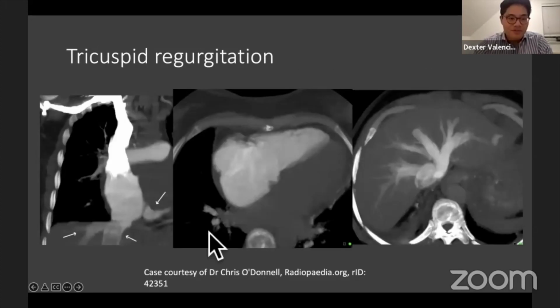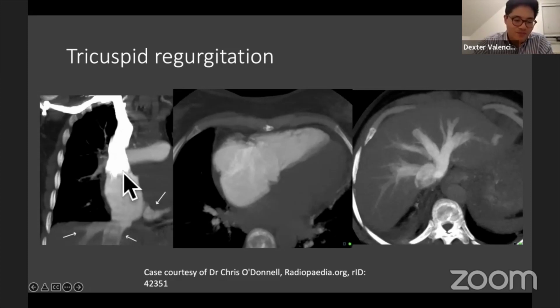Another thing that can happen, so if we go through normal anatomy, here we have some CT slices. This is a coronal image after we've given some patients some contrast. This is an axial image. And again, this is another axial image, but looking at the liver. So let's explain these. We've given contrast for the right arm. It's gone through the right axillary vein, right subclavian vein, the brachiocephalic, it's going to join the left brachiocephalic to form the superior vena cava, and this